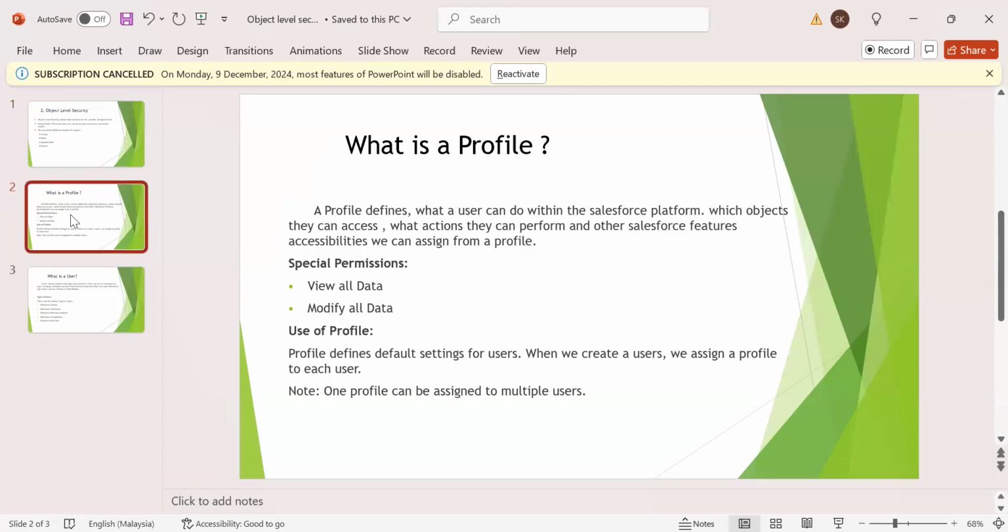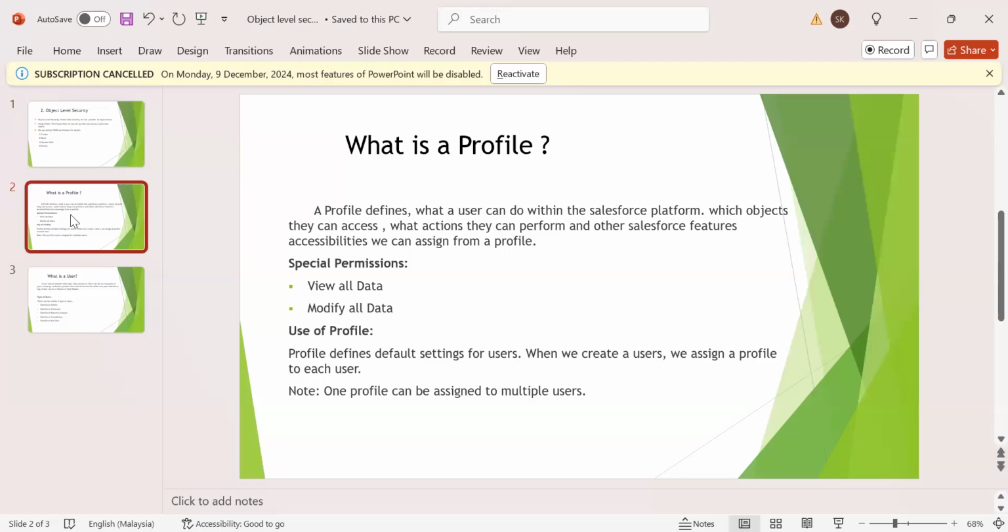A profile defines what a user can do within the Salesforce platform: which objects they can access, what actions they can perform, and other Salesforce feature accessibilities we can assign from a profile. In Salesforce, a profile is a set of permissions that determines what a user can access. Profiles control user access to objects, fields, records, etc.